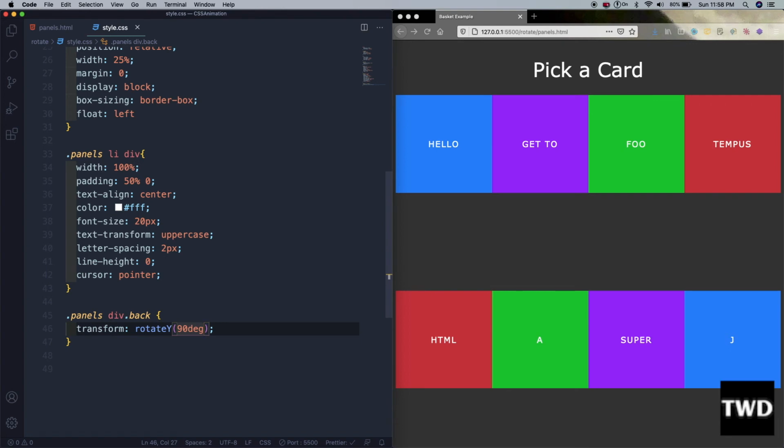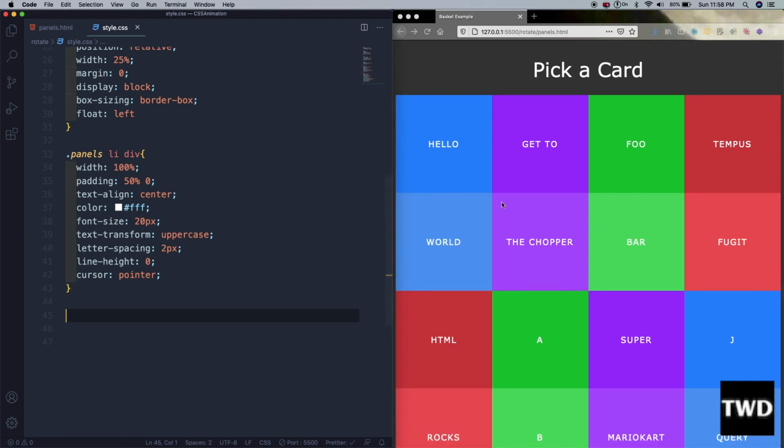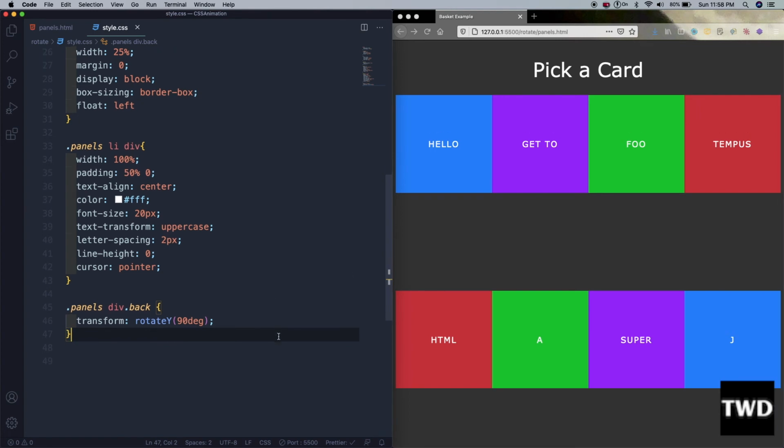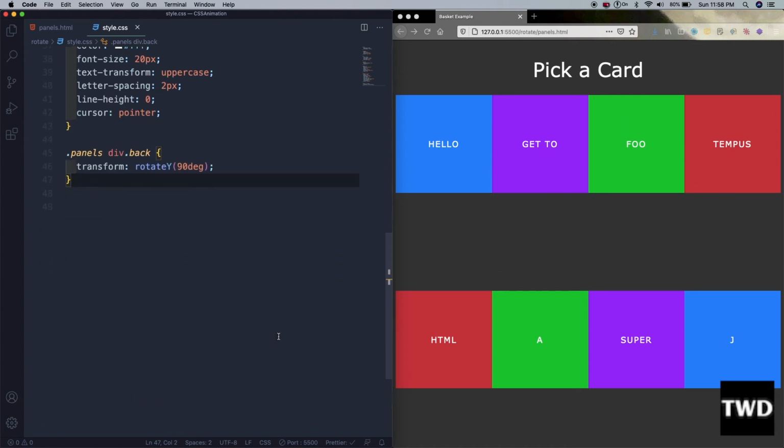So this is the other side, hello, and world was below it. So let me do it. See the hello world, so world was below it, so we are first hiding it by rotating it on the y-axis to 90 degrees, so it is not visible to the naked eye.